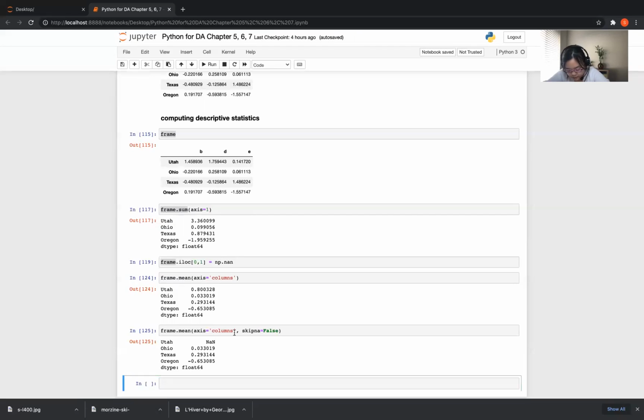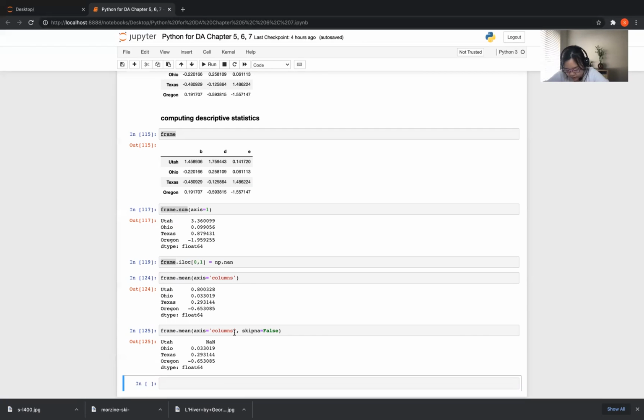And options for reduction methods, we also have level, which reduces groups by level if the axis is a multi-index. Some methods like idxmin and idxmax return indirect statistics, like the index value where the minimum or